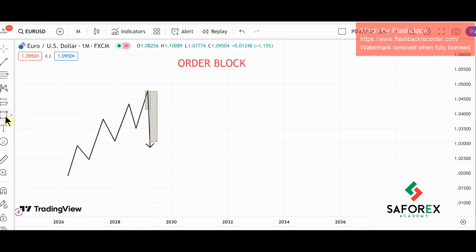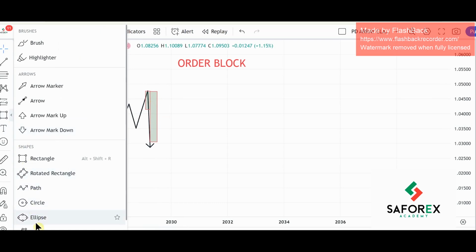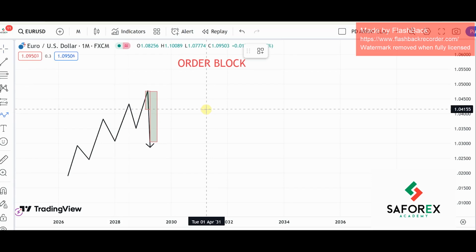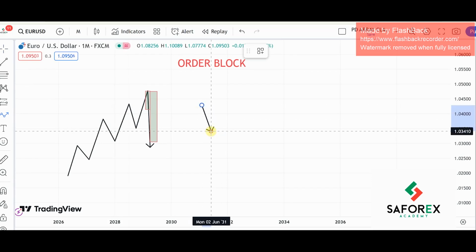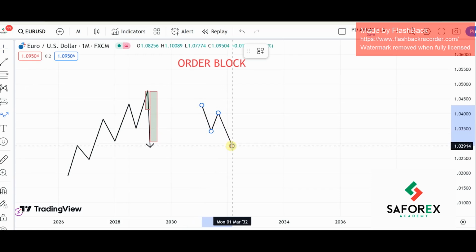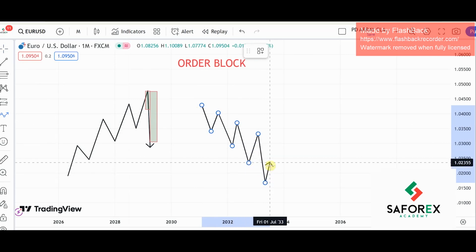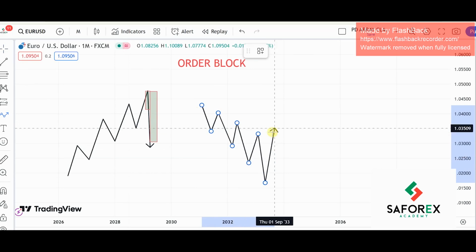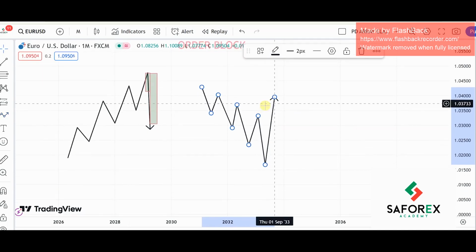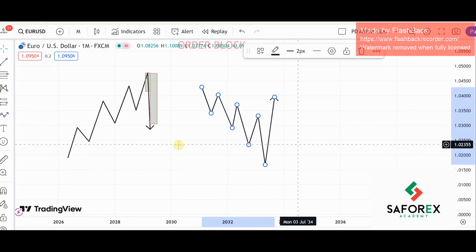And similarly, to a bearish order block, there is a bullish order block too. A bullish order block also does what the bearish order block did. So we have markets doing lower lows and lower highs, lower lows and lower highs, and suddenly you just see that this market just does this. The last candle,